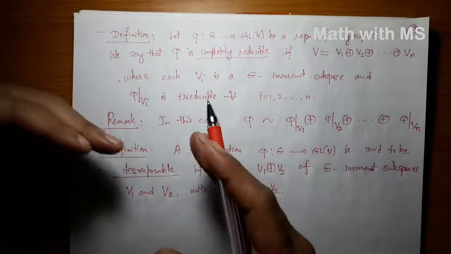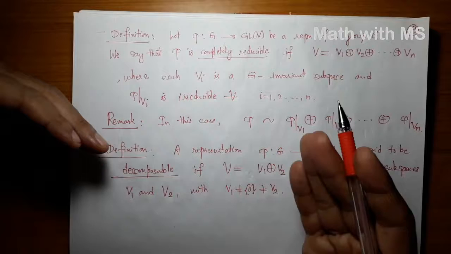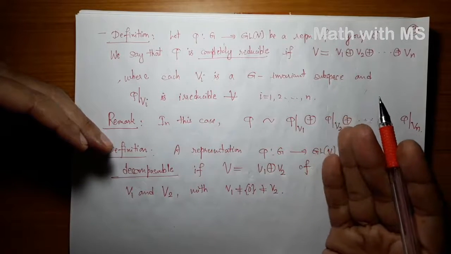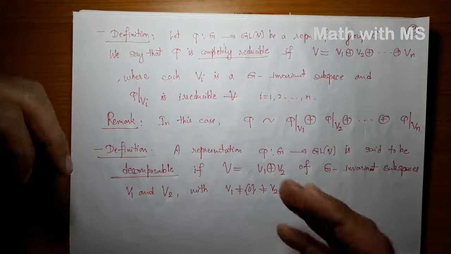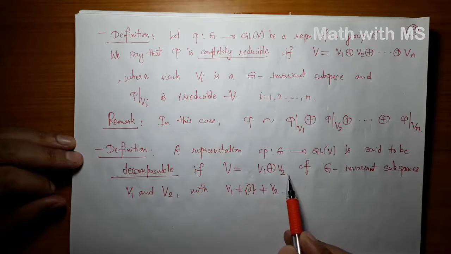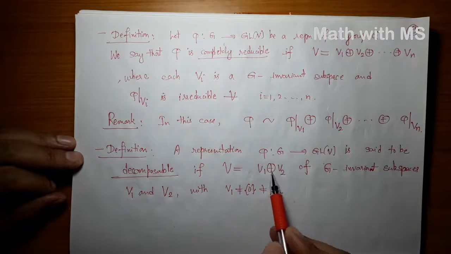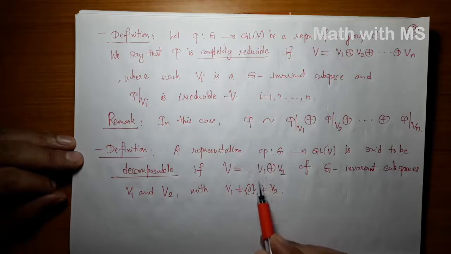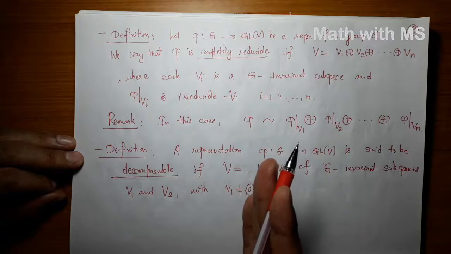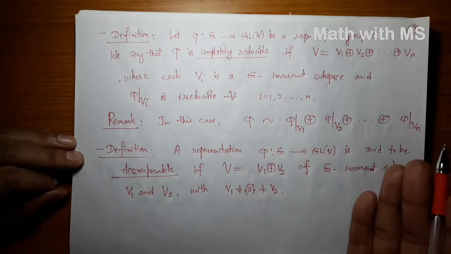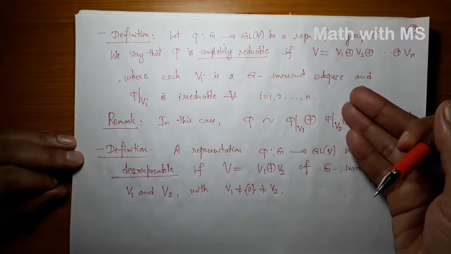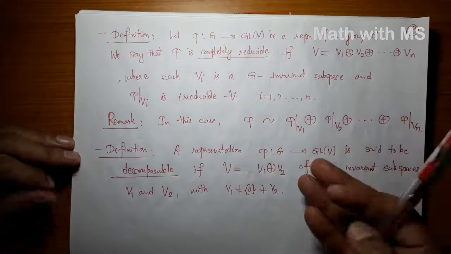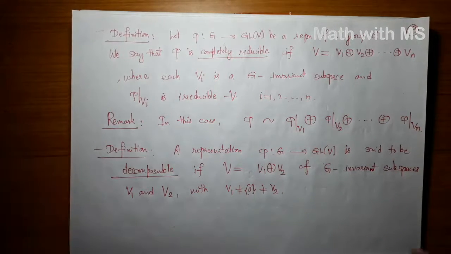Because if it is irreducible, then it is just one copy of an irreducible representation, and if it is not, then it is decomposable, and therefore I can write it as a direct sum of two sub-representations. Then I apply the same process on each sub-representation. If that is irreducible, then I go to the other component. If that is also irreducible, I have shown that my given representation is completely reducible. If not, then I can again break it further and so on.